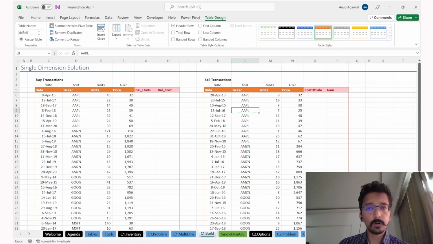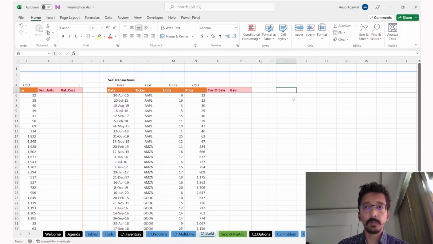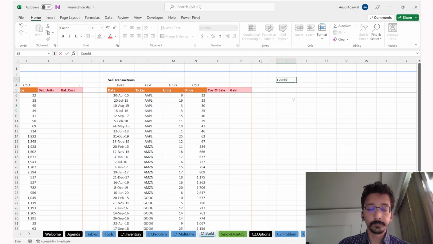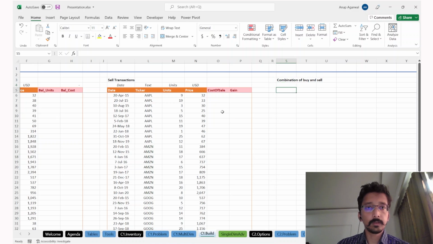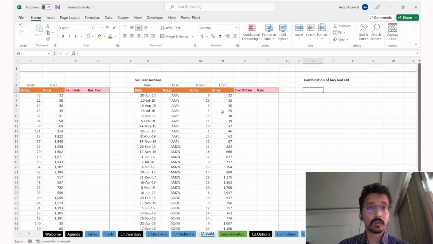And then before we get started building this solution, I'll try to show you the logic, what I am trying to achieve here. So I'm looking to build a single dimension table over here, which is a combination of buy and sell transactions, and I really want to calculate automatically that